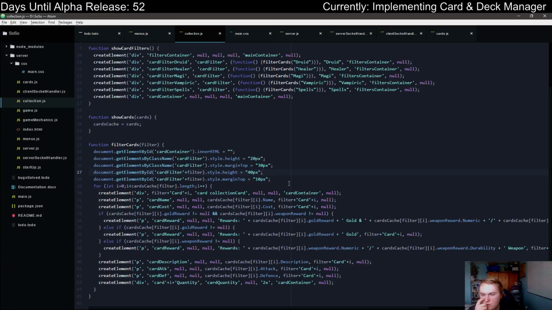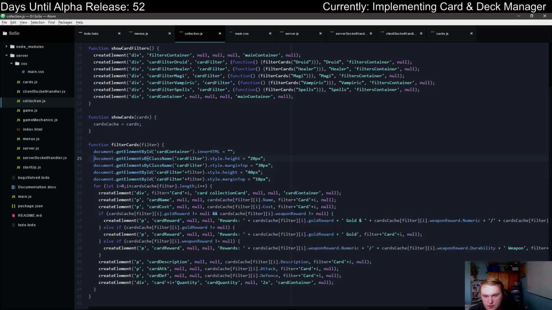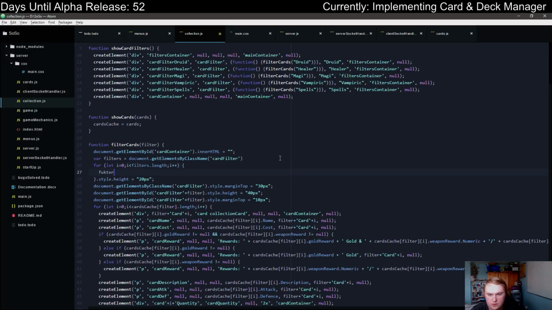So what's the issue? Oh, I guess it's because this is an array then. So what I need to do then is say here element var filters equals this, and then what we're going to do is say for let i equal 0, i is less than filters.length, i plus plus, we will set filters,